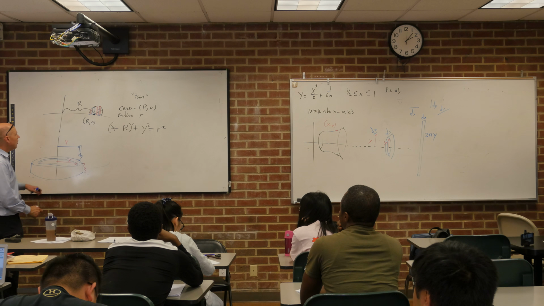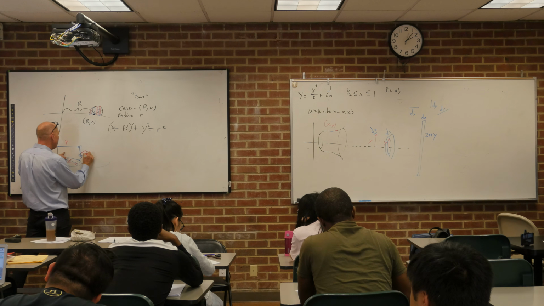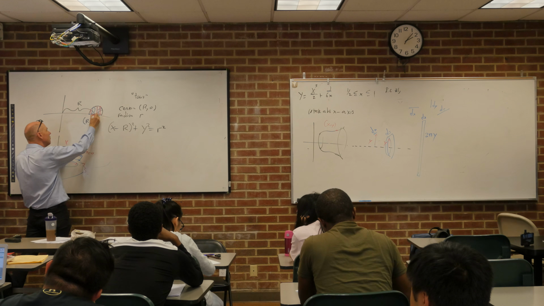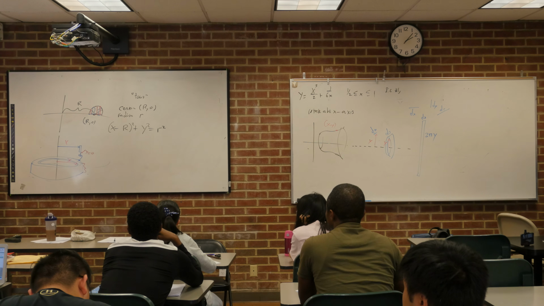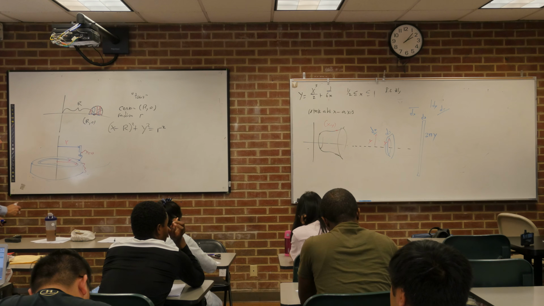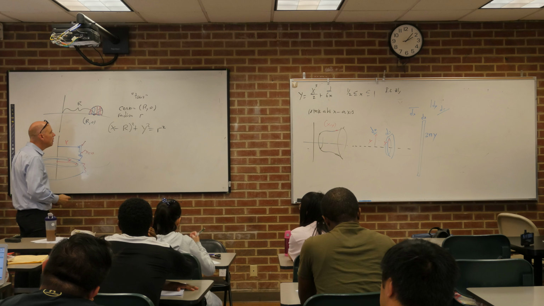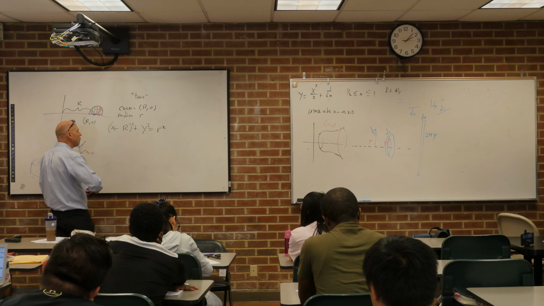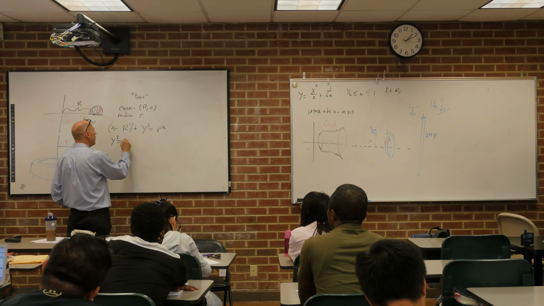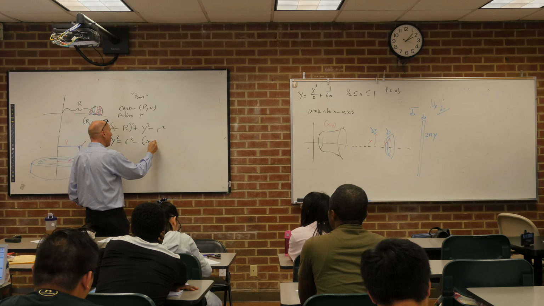Y. So the bottom is at y equals 0. So all my strips are on the x-axis. And the top is on the circle. So the equation of that circle, which we conveniently worked out beforehand,